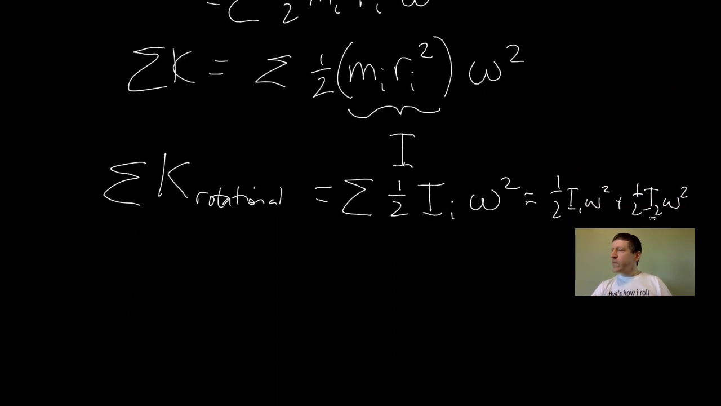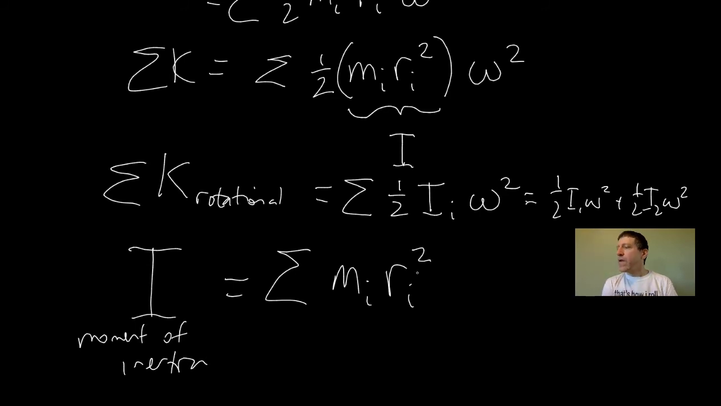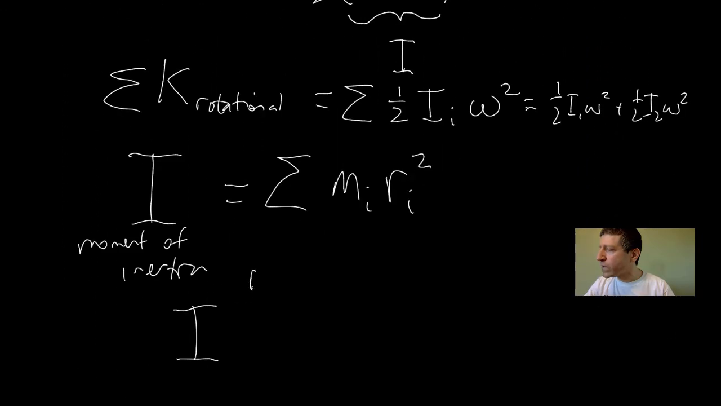So here's what this means. If I just define I, the moment of inertia, as the sum of all the m_i's times their respective r_i's squared, then the analogy works perfectly. Now, this only works for discrete masses that are spinning around on a massless disk like this. For a solid object,